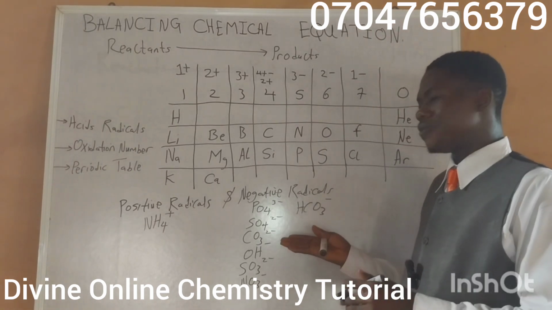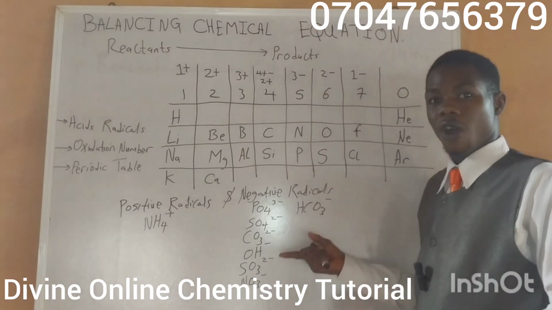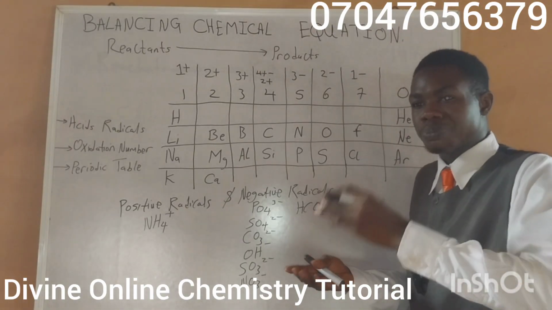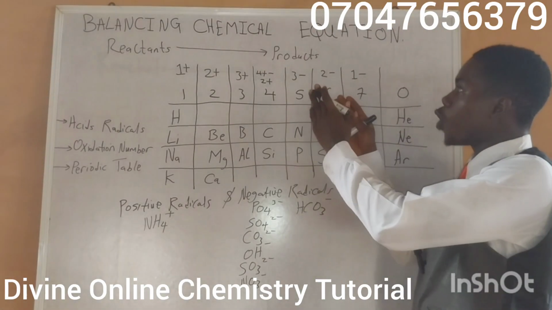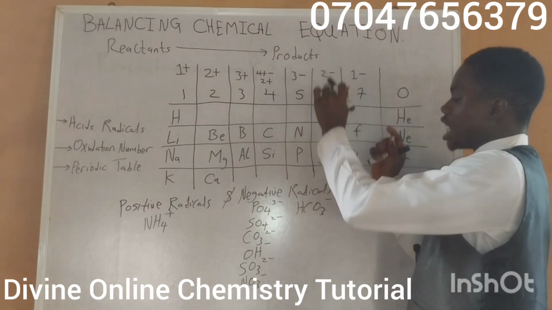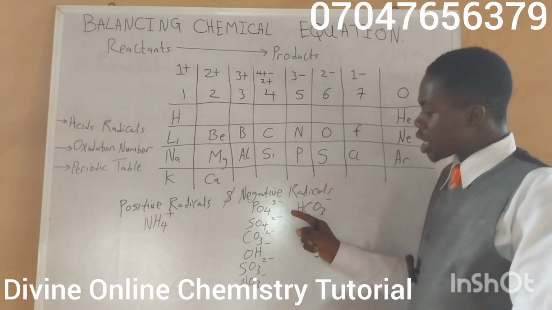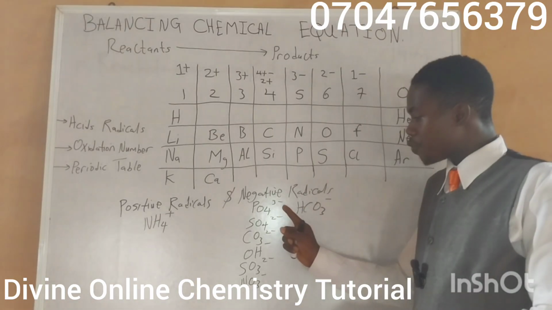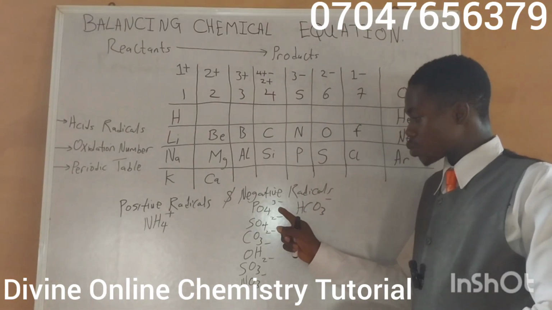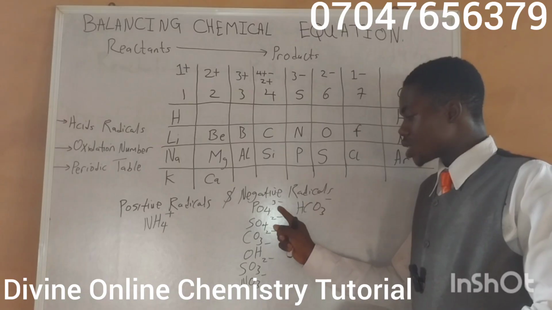Please take note of these radicals. They are very essential in balancing of chemical equations. You cannot balance a chemical equation very well, or form the species at the product side, without having an idea of these radicals. Examples of negative radicals include PO4. The charge of PO4 is 3 minus. PO4 is